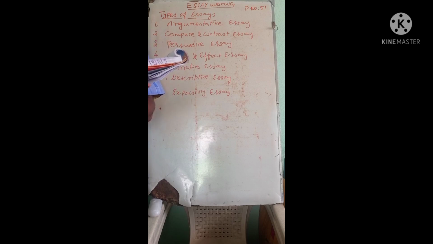See, on page number 51, write an essay of 200 words each on: the profession you would like to choose, the importance of a balanced diet, the memorable journey. See, these are the topics on which you are supposed to write your essay. It will be asked in your question paper also. So try to complete that work and do it as homework.